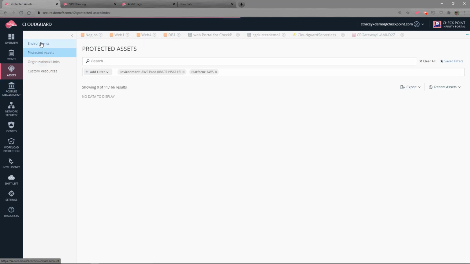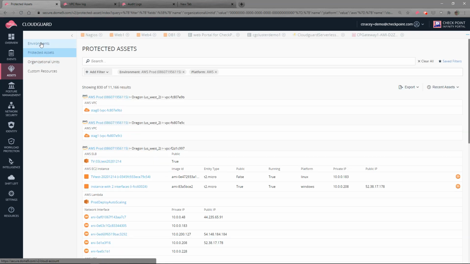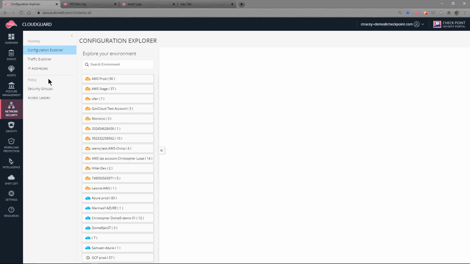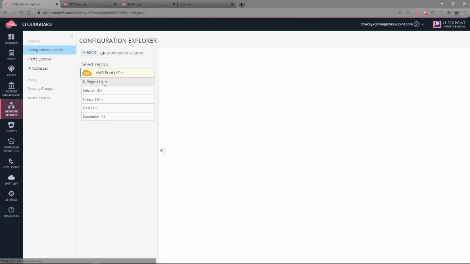So it all came from adding an AWS account or accounts and reviewing those assets. Now we need to look at those in a bit more detail through our network security. And we can do that with this Configuration Explorer and choose that account, choose a particular